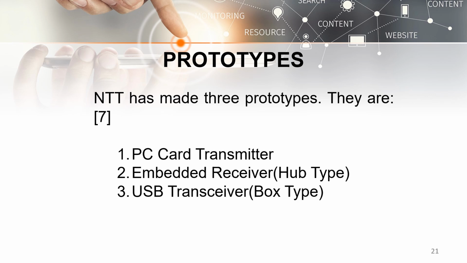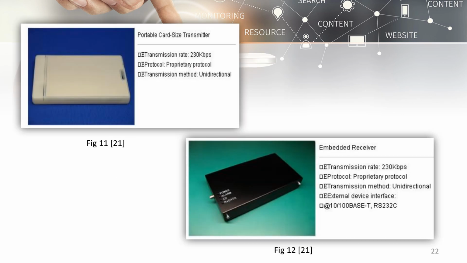The portable card transmitter, or the PC card transmitter, and a receiver that can be built into environments such as doors or floors are shown in the figure. In the coming figure, the transmission rate is about 230 kbps. The protocol is a proprietary protocol and the transmission method is unidirectional. It uses a frequency range of 5 MHz and binary phase shift keying modulation, and achieves a transmission speed of 230 kilobytes